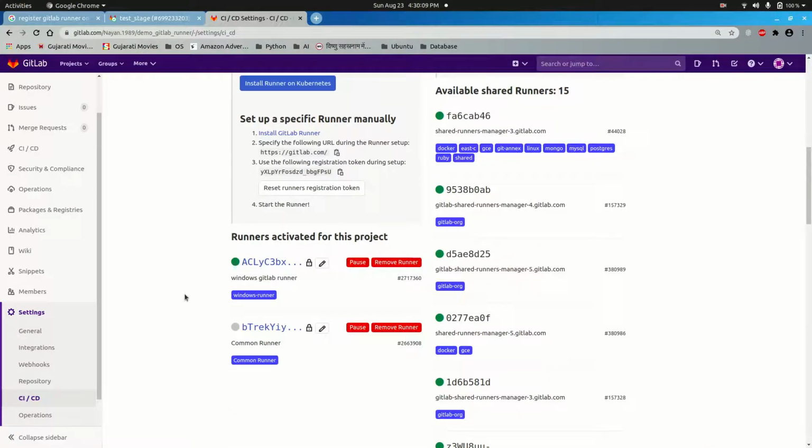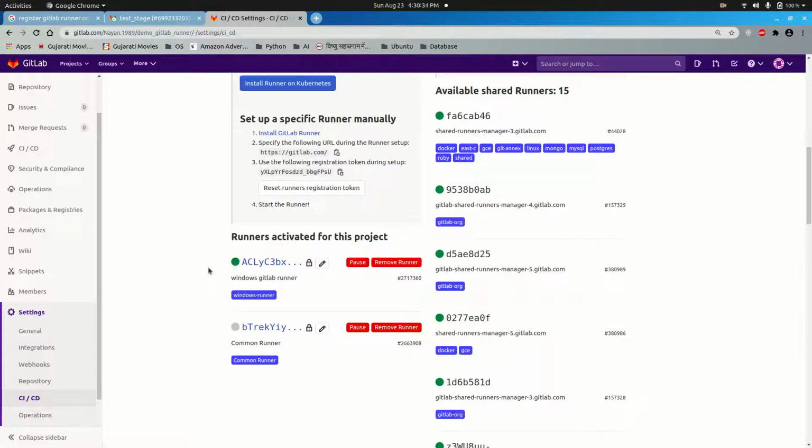You can see that there are two runners installed and registered for this project. One is the Windows GitLab runner. This is the description of the runner, and its tag name is Windows runner. Below, there is a common runner, with its description and a tag name.